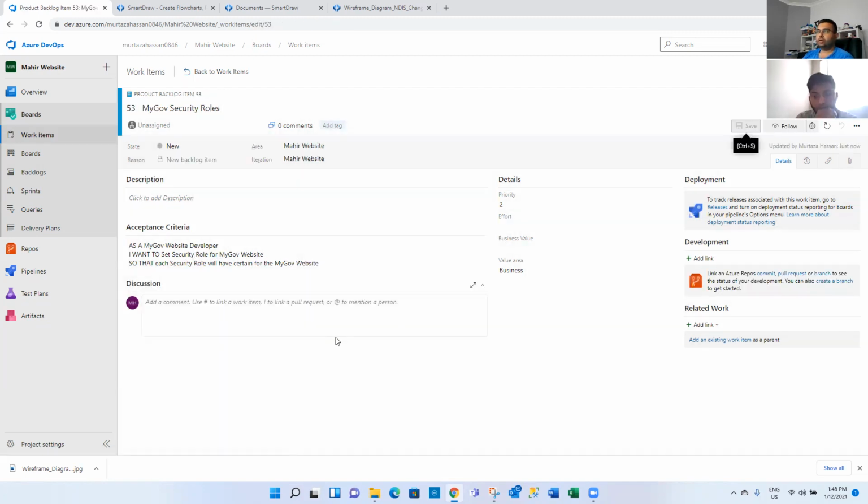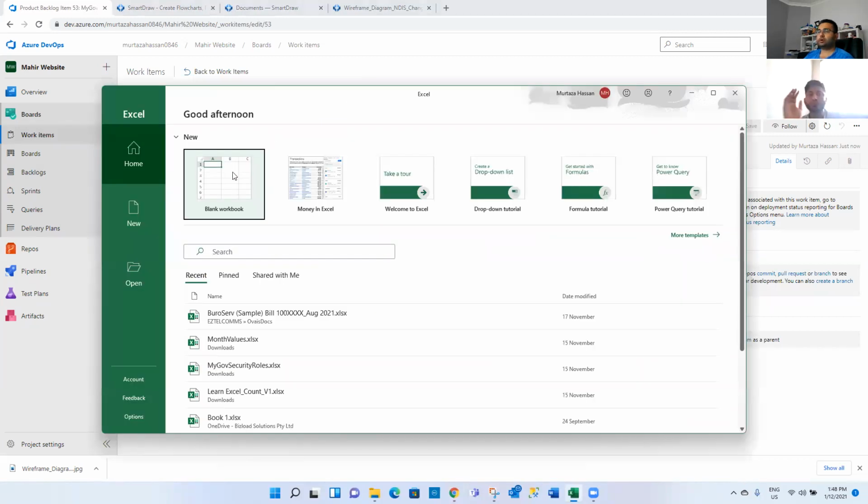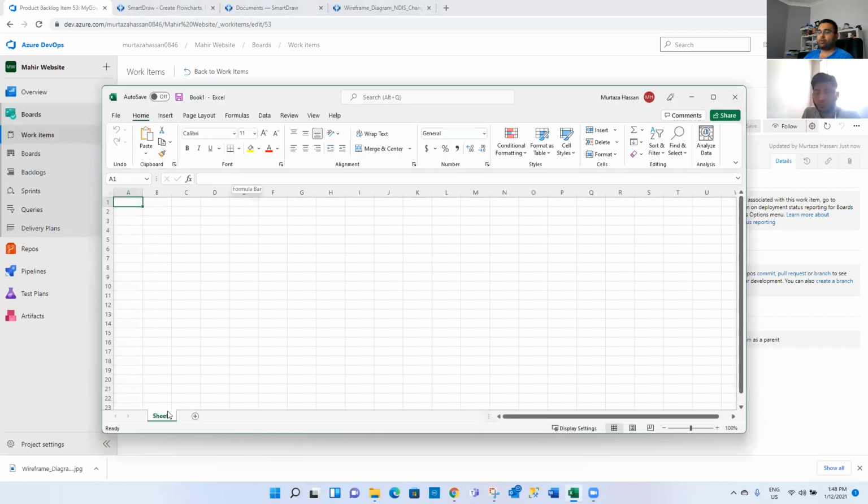Now, how do we attach a security role? How do we make that, right? So what we do, you go to Excel, right? Go to Excel. All right, you're in Excel, right? So we'll go to Excel. And we'll go first security role. We'll call this guy here. So first security role, we'll say here,